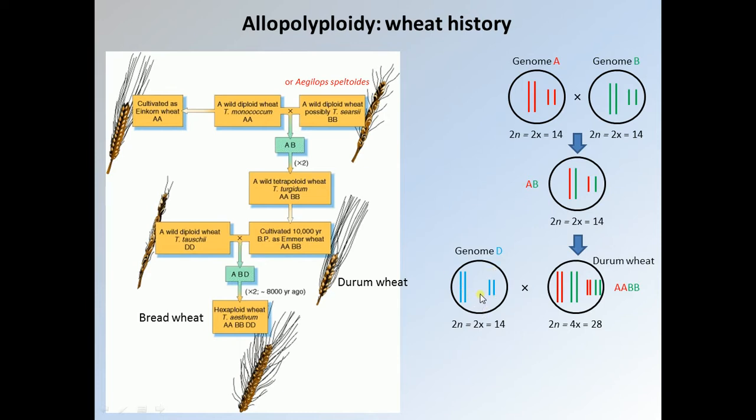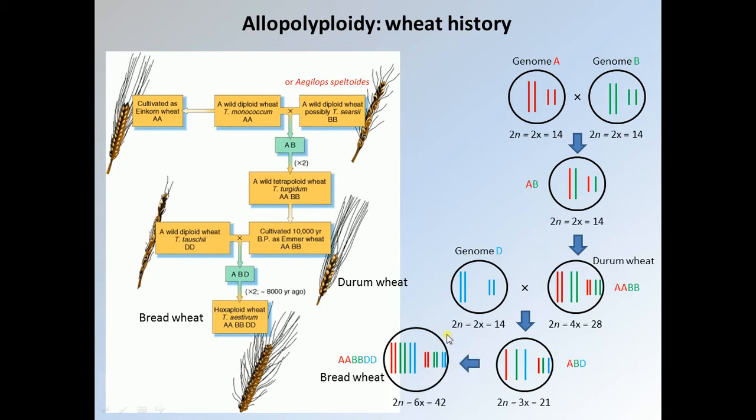So this one is diploid, and hybridization between a tetraploid and a diploid leads to a triploid, okay? So ABD. And then again, another polyploidization event happened, leading to bread wheat, the one used for bread, leading to these hexaploids having the genome AABBDD. Okay,